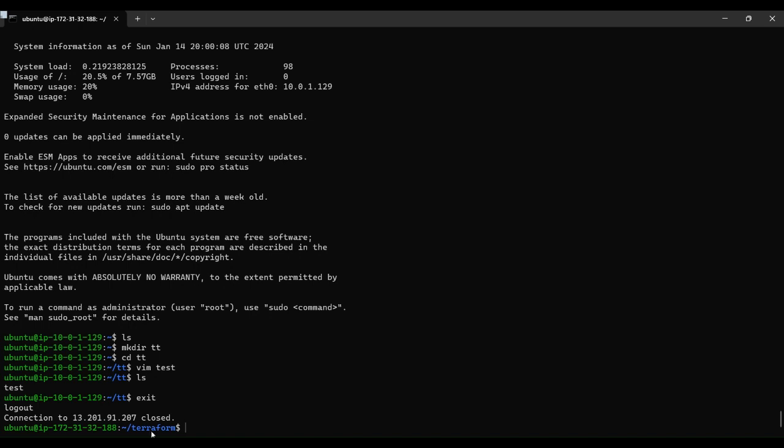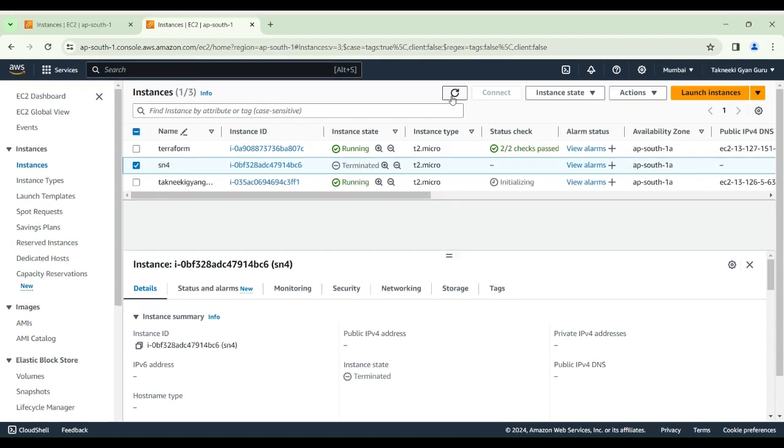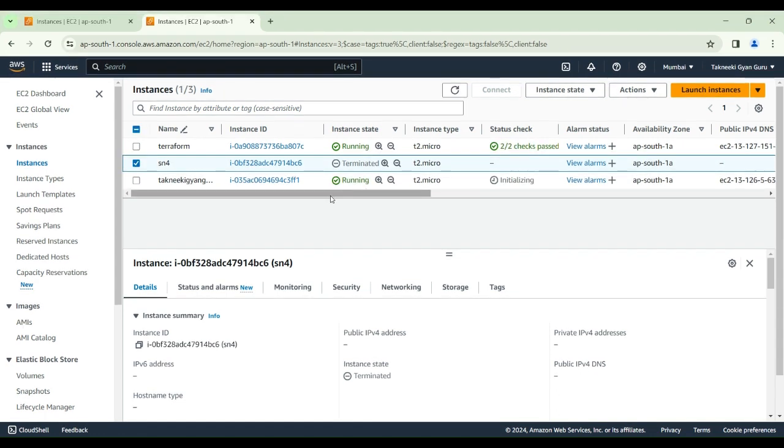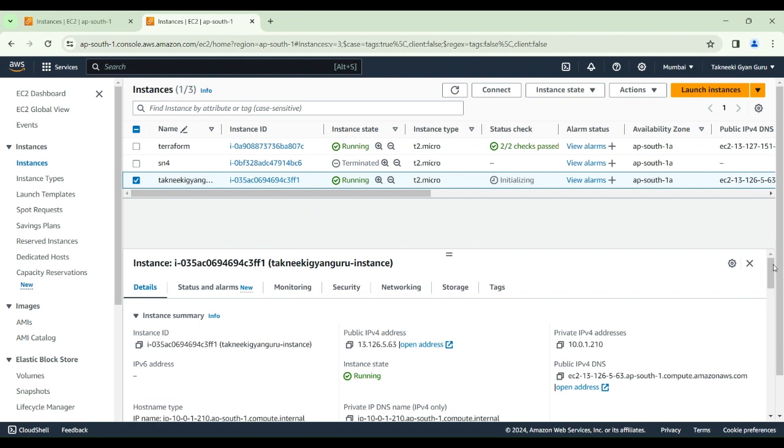Right now we are in the Terraform machine. We have created the Ubuntu. If you want, we can go and check in our AWS. Let's move to the browser. Now we are in the browser. I can see one instance is getting created. It is in pending state. Now it is running. We see this EC2 machine is created. Let's click and see